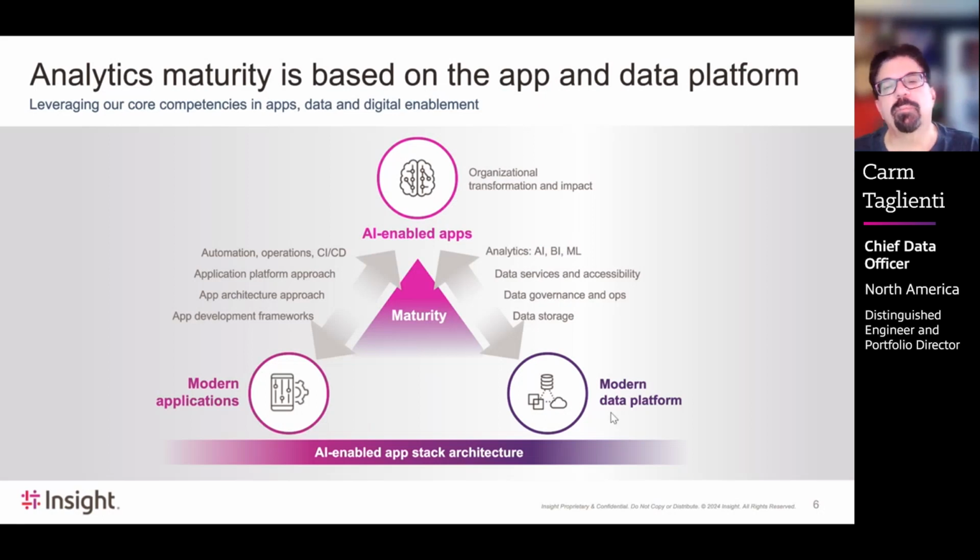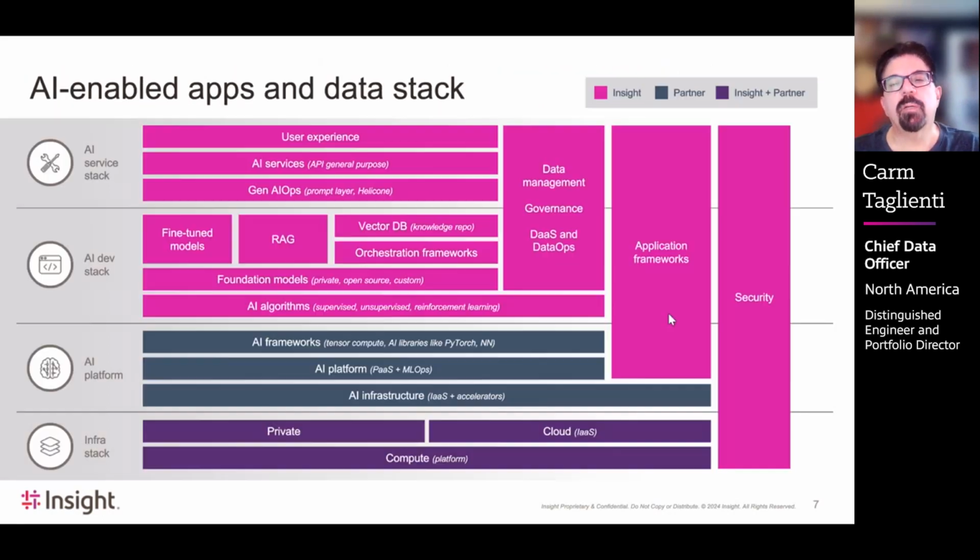A lot of what I like to talk about is how we create custom applications that can run anywhere. This kind of stack architecture, and again, it's a little bit of an eye chart, but it really helps you understand the different areas that we think about as it relates to creating this kind of experience. AI-enabled applications are an experience for your end user, but they have to run somewhere.